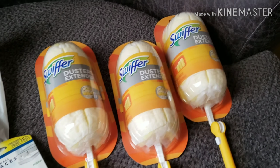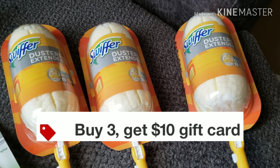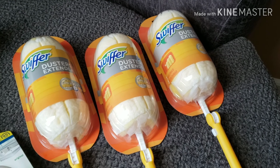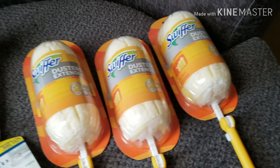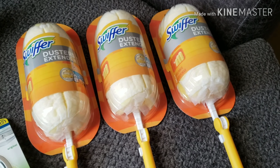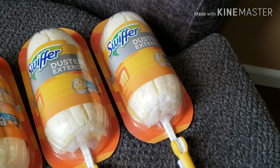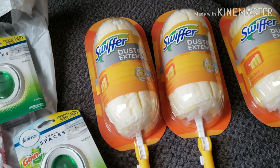I used the $2 off digital coupon from the Cartwheel app. If you don't have Cartwheel, go ahead and sign up. I believe they're making changes to the Cartwheel app though, so I have to read into that more, and I'll get back with you all on the details on that. But as of today, you can use the $2 digital coupon for this, and then also in my in-store video,